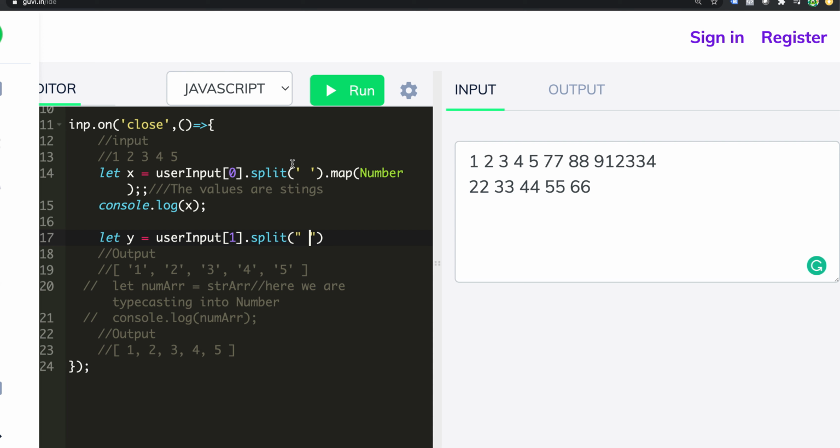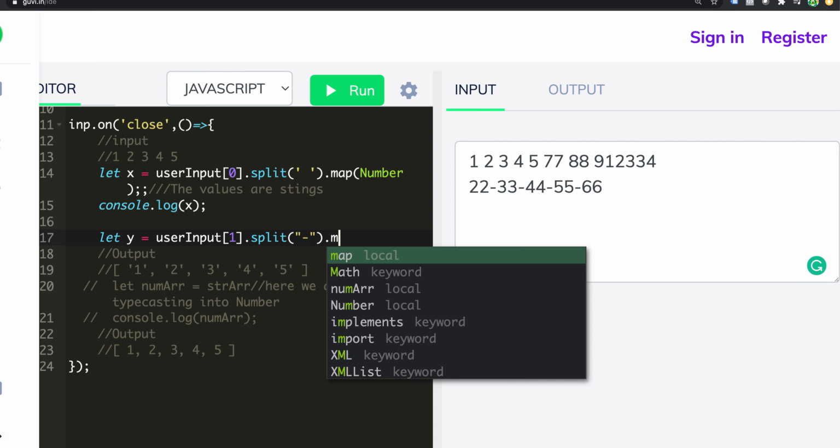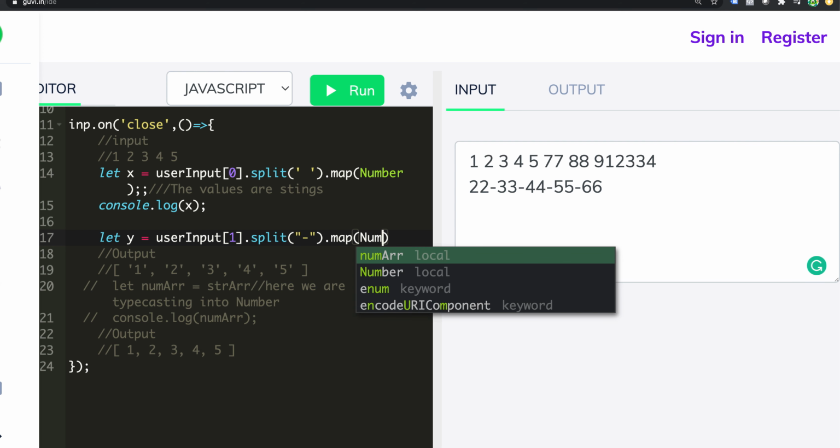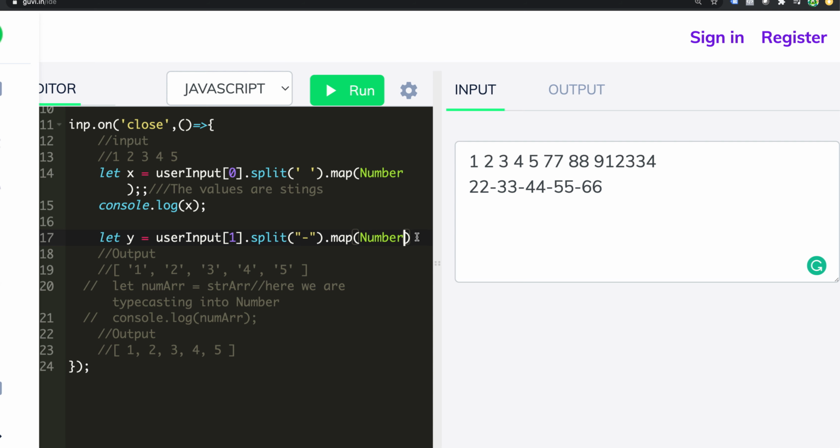Single quotes or double quotes doesn't matter in JavaScript, both are the same. For a change, I am going to use a hyphen, just for differentiation. It could be anything. Then you do a map of Number, what you want to convert into a number. Number is an inbuilt data type, inbuilt class or object, whatever you want to call it.